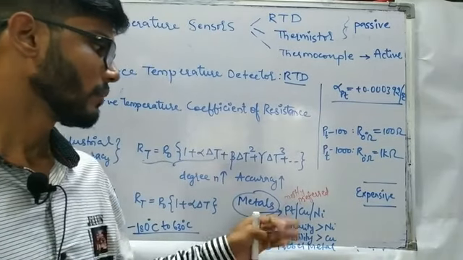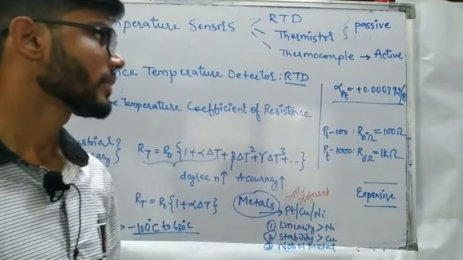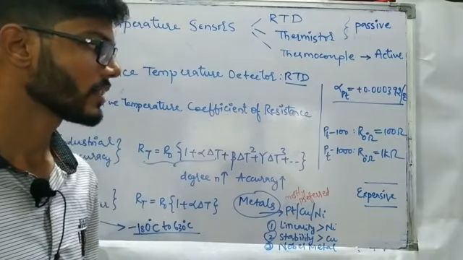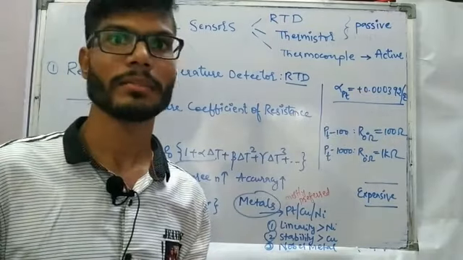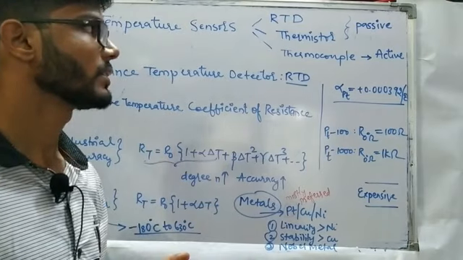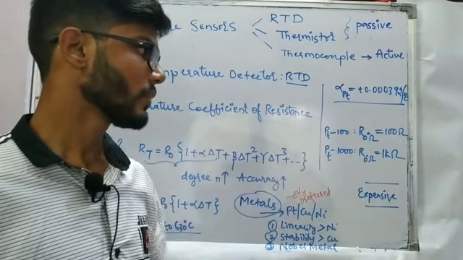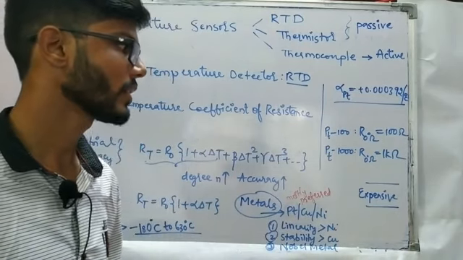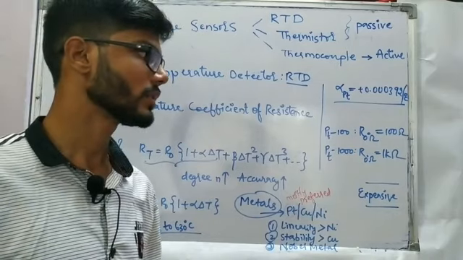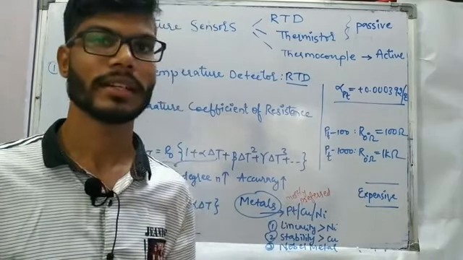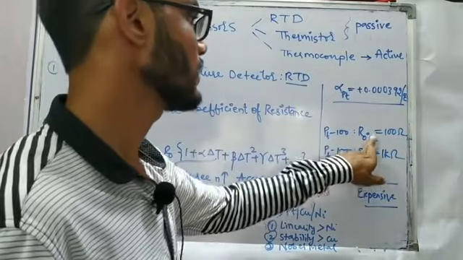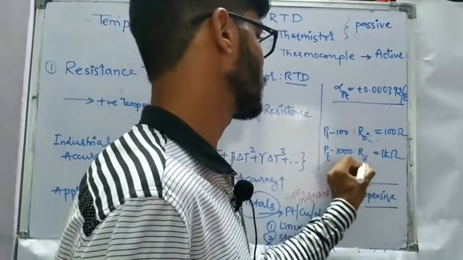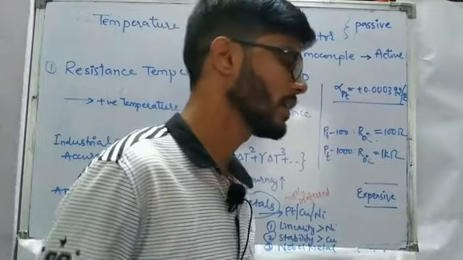So we'll focus on platinum, and the temperature coefficient of resistance for platinum is going to be plus 0.00392 per degree Celsius. So always keep in mind the sign, plus and minus, because we have the positive temperature coefficient of resistance. And we come across these types of terminologies in real life. What is meant by PT100, and what is meant by platinum 1000? Platinum 100 means at 0 degree centigrade, the resistance of the sensor is going to be 100 ohm, whereas in the case of platinum 1000, the resistance of the sensor at 0 degree Celsius is going to be 1 kilo ohm.